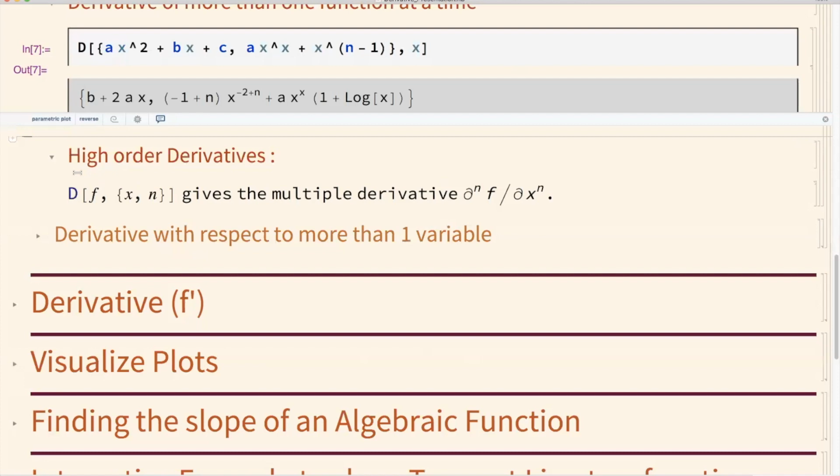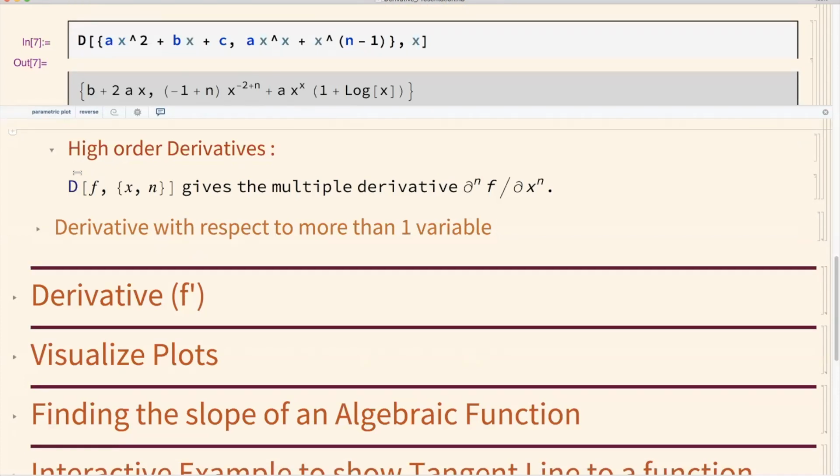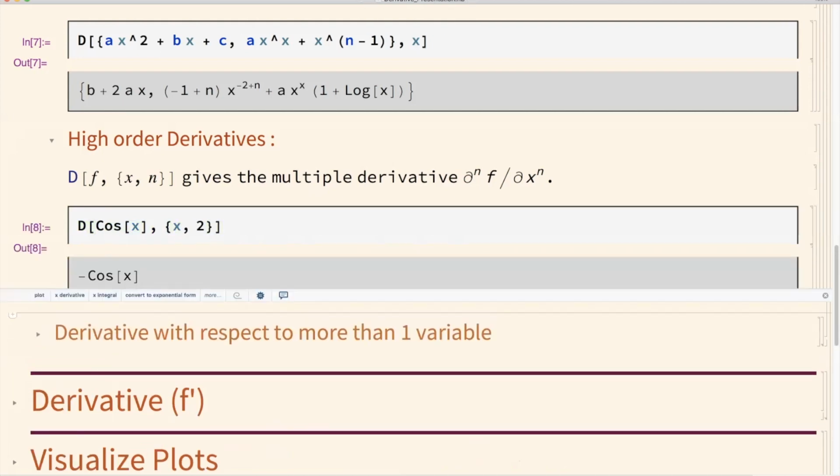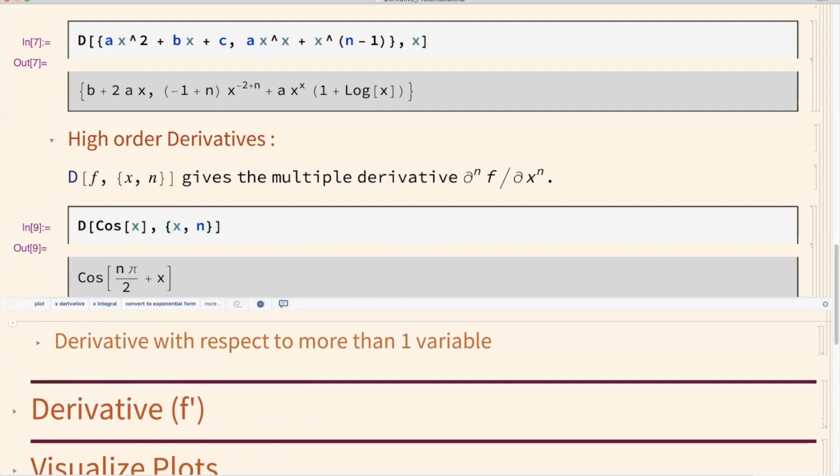Similarly, when you have to take higher order derivatives, like second order derivative or third order derivative or up to the nth order derivative, you can use the function D again, and then you just let Wolfram know up to which n you want to take the derivative. So maybe I want to take the second derivative of a function, and I say, okay, my function is cos of x, and I want to do it with respect to x, but I want to take the second derivative. And it goes over here. If I just change it from 2 to n, it will give me the nth order derivative for this specific